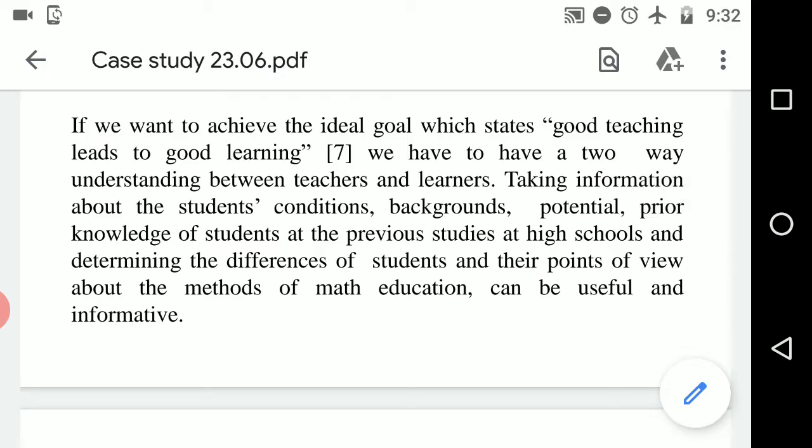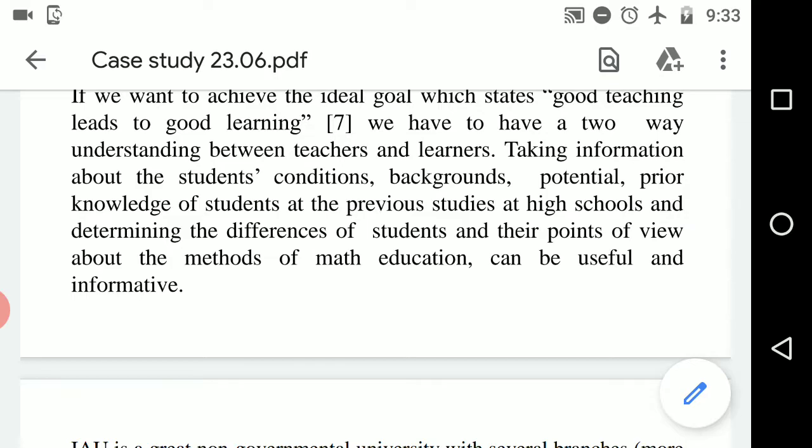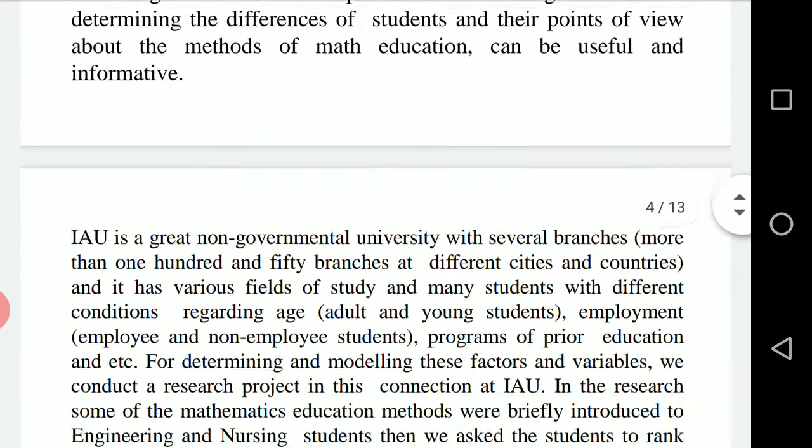Taking information about the students' conditions, backgrounds, potential, and prior knowledge from previous studies at high schools, and determining the differences of students and their points of view about the methods of math education, can be useful and informative.